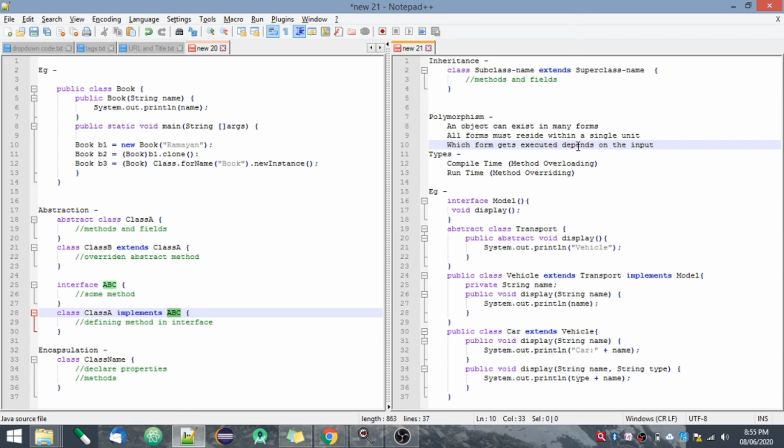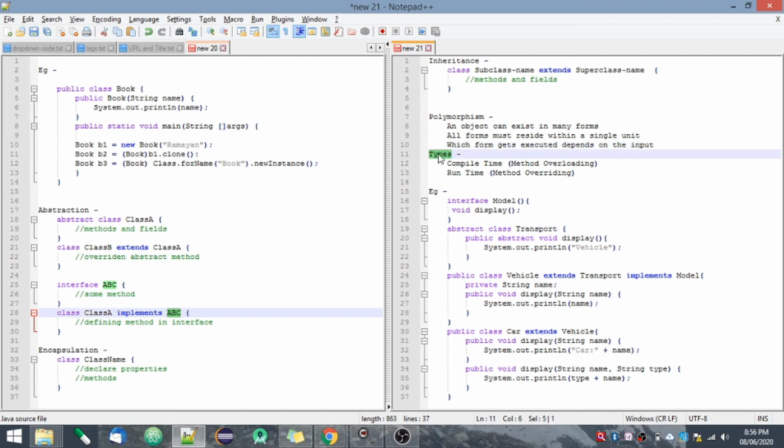Now I'll show you with an example how it works. Basically, you can consider a class as an example, because in a class we can create objects that are in many forms, residing within a single unit, that is a class, and which form gets executed depends on the input. I'll explain this with the following example.